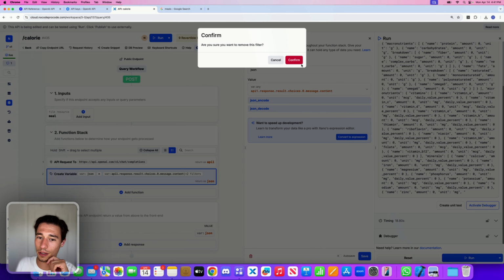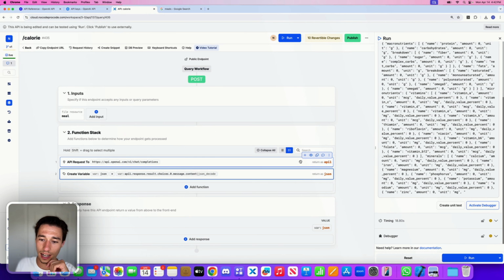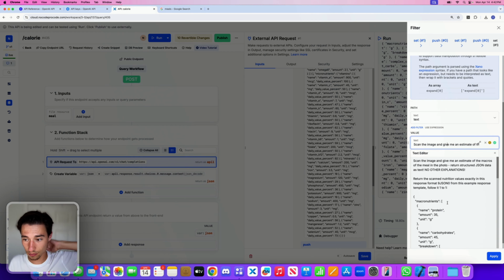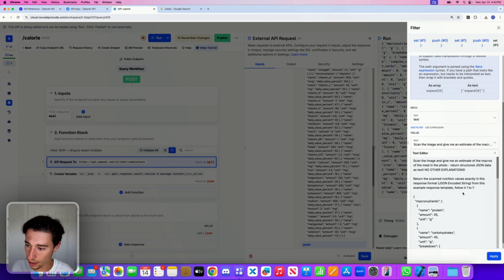Okay, so here's what we're going to do. We're going to just add JSON decode, and then we've got to get this into the prompt. So let's go to the prompt here. JSON, let's do string of, let's do JSON stringified, JSON encoded string. Return a scan in exactly this response format from the example as JSON